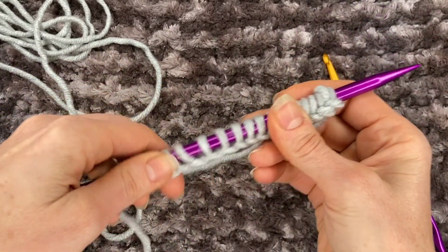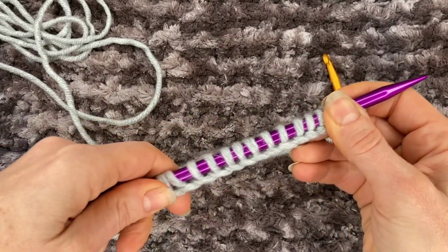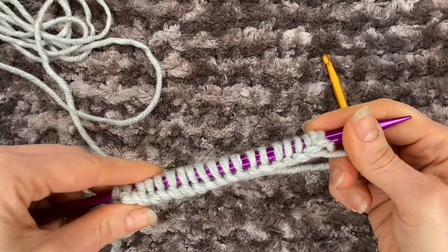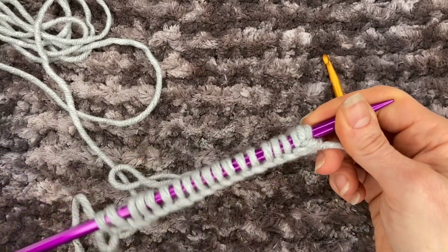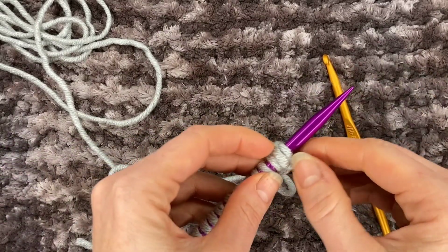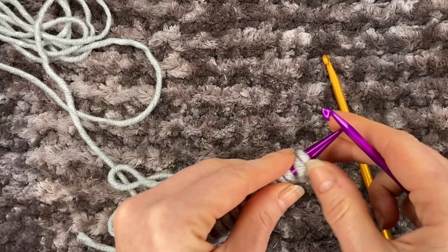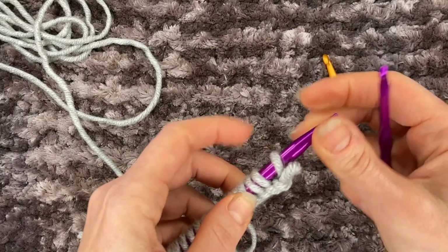Now this cast-on doesn't completely lack all stretch. There's a tiny bit, but it's very stable, and for projects where you don't want your edge to stretch, this one is a really great fit. Now there's one thing about these crocheted cast-ons that you want to keep in mind. Every single one of them, when you finish them,